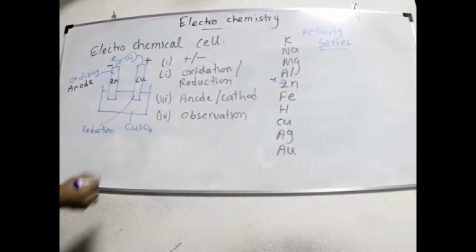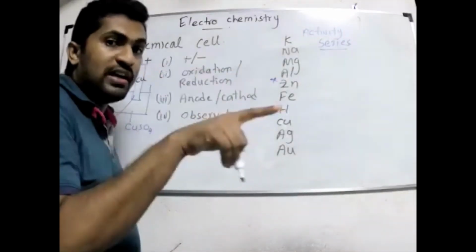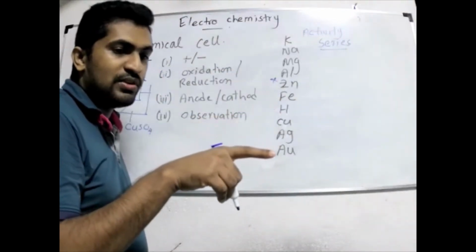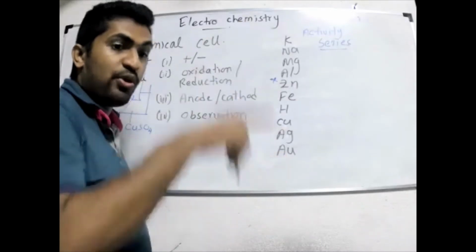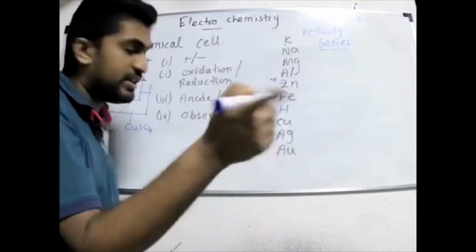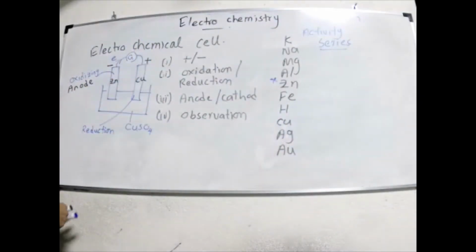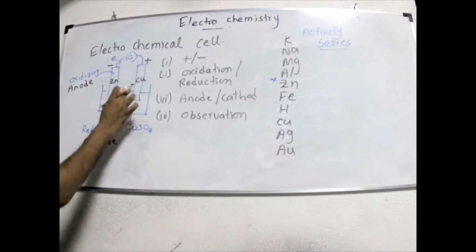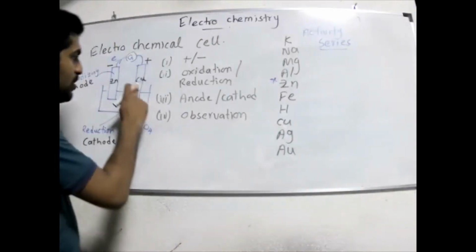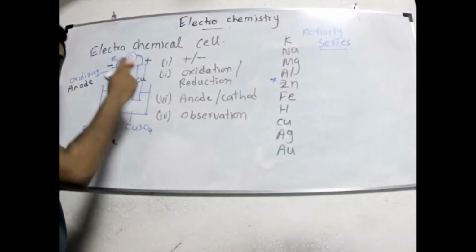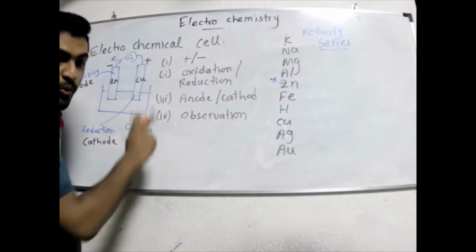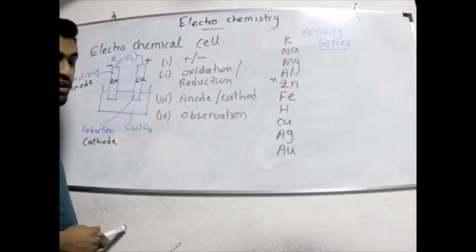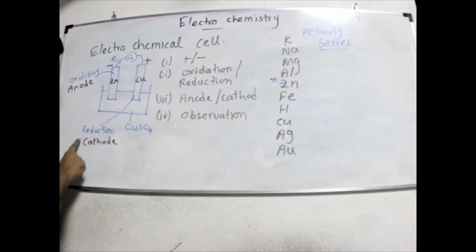Reduction. So keep this in your mind. Royal College, that is a famous Sri Lankan school. I think I'm correct. So that's why I'm telling you to remember that name, Royal College. RC. Reduction at the cathode. The reduction one we call the cathode. So reduction occurs near the copper rod. So reduction is called cathode. So copper we call the cathode. Copper cathode, reduction, Royal College.